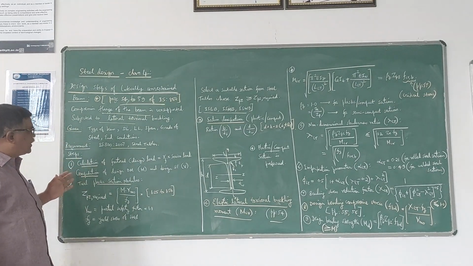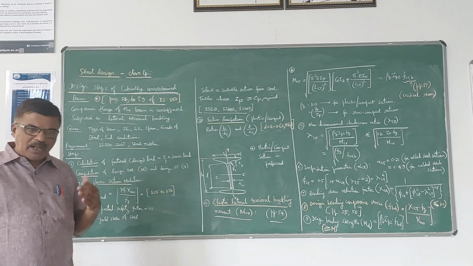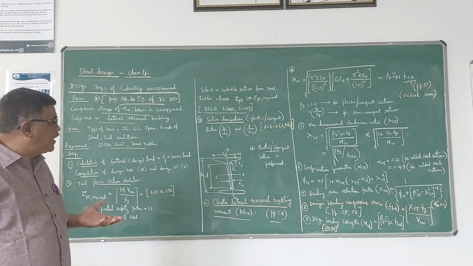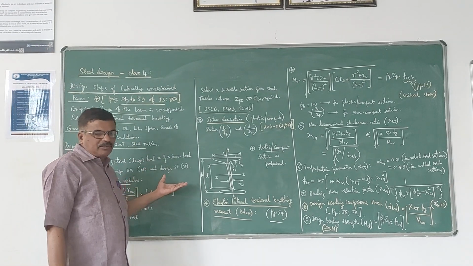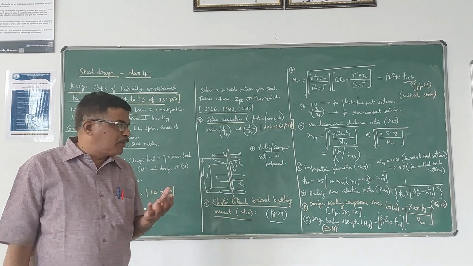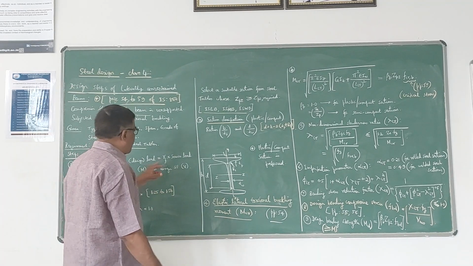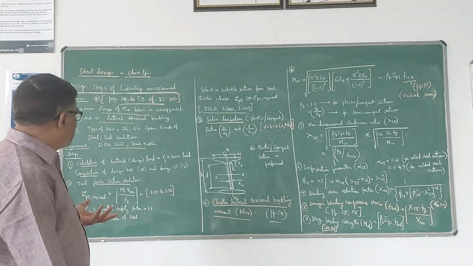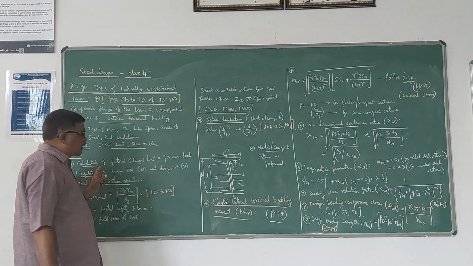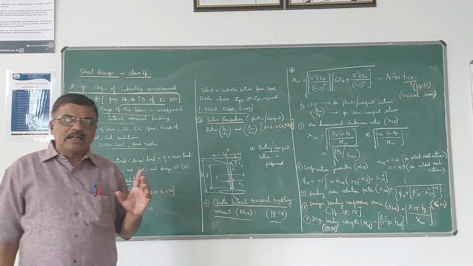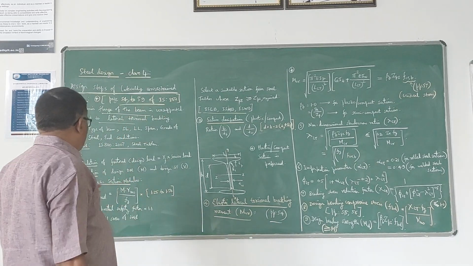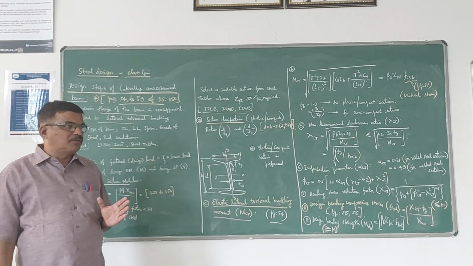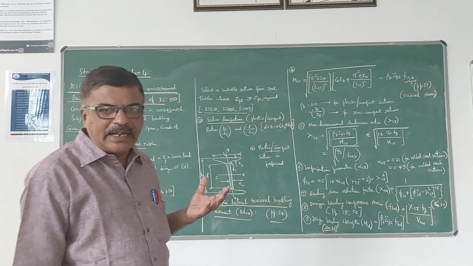First we have to calculate the factored load, that is the design load. Sometimes they may give you the factored load itself, or sometimes they may give the service load. If they give service load or working load, we have to multiply that by the partial safety factor for loads, gamma f. Normally it is 1.5 for dead load and live load. Then, based on the type of the load, we have to calculate the maximum bending moment, which is also called the design bending moment M, and the design shear force, maximum shear force V, and the section where it acts.